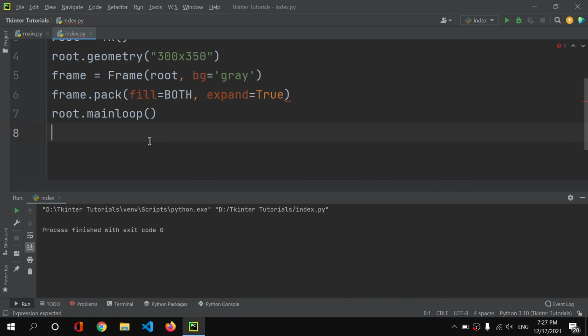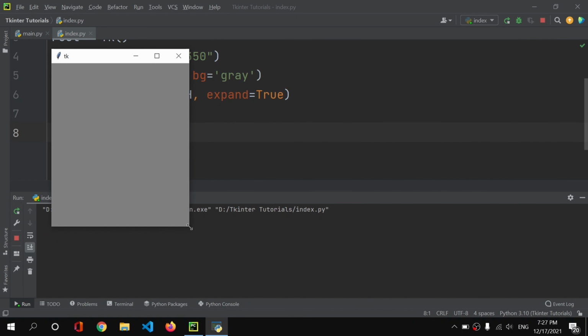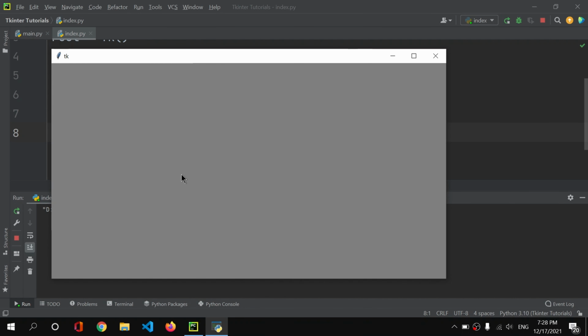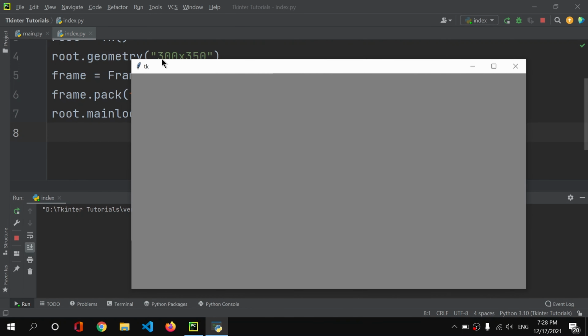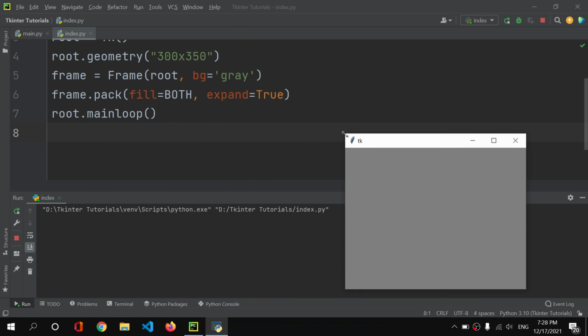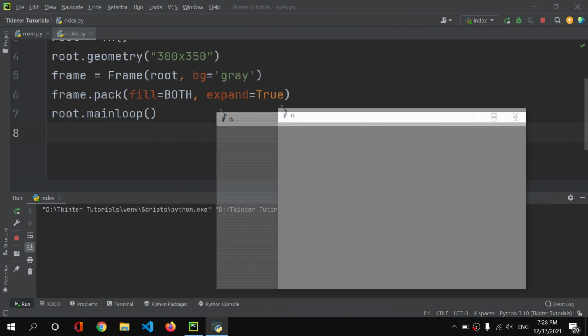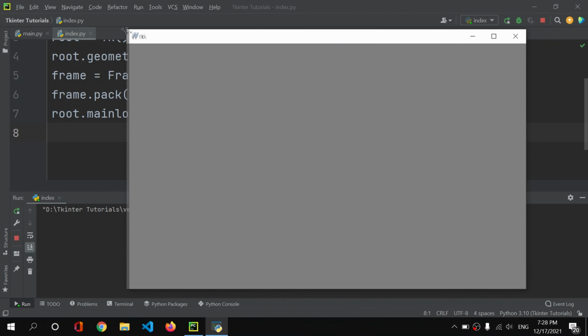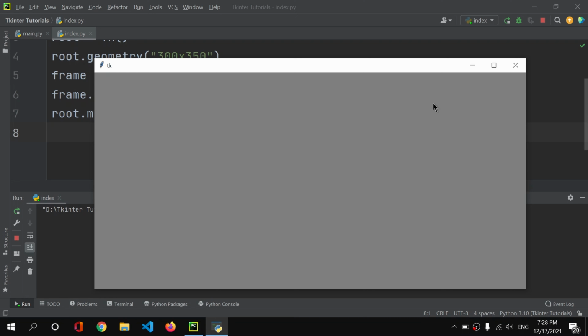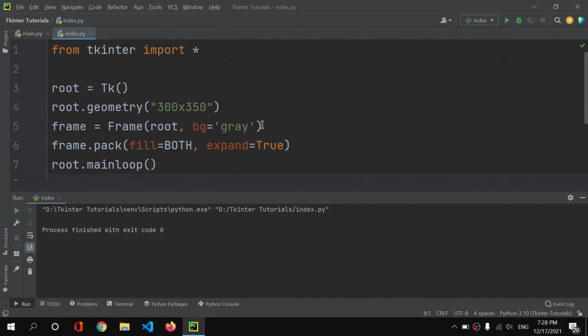That means whenever we expand our window, our frame will get expanded as well. As you can see, our frame is now filled in both axes, and it is flexible enough that whenever we expand or decrease the size of the window, we get our frame of that exact size. So just like that, we can use fill and expand properties as well.